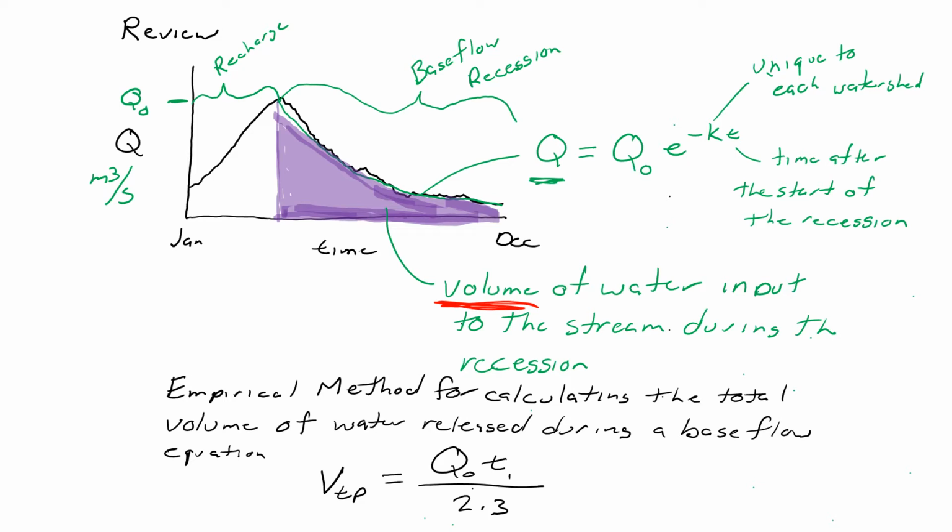VTP equals Q naught times T1 over 2.3. Let's just define some terms here. VTP, total volume of water that's input to a stream